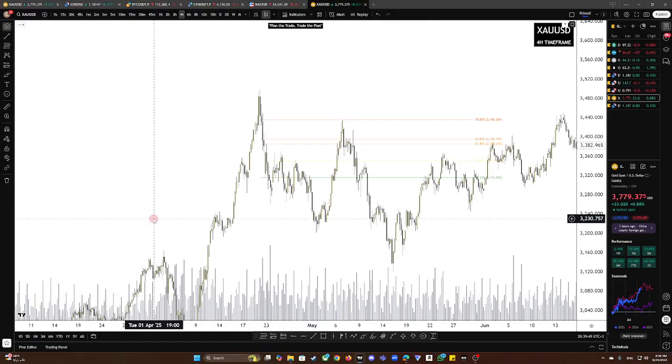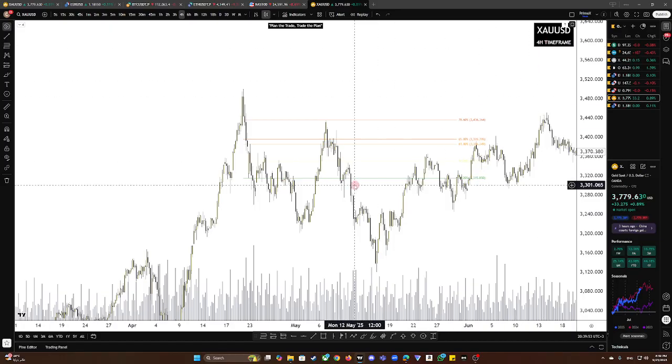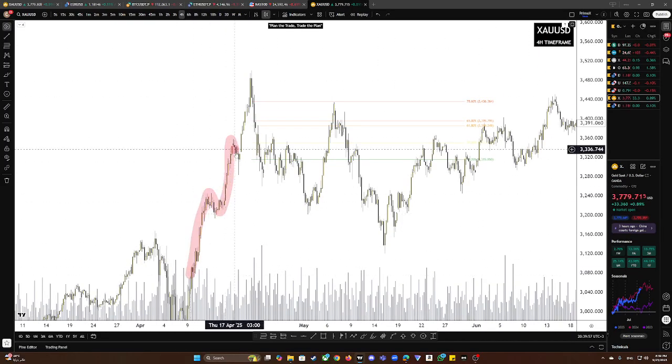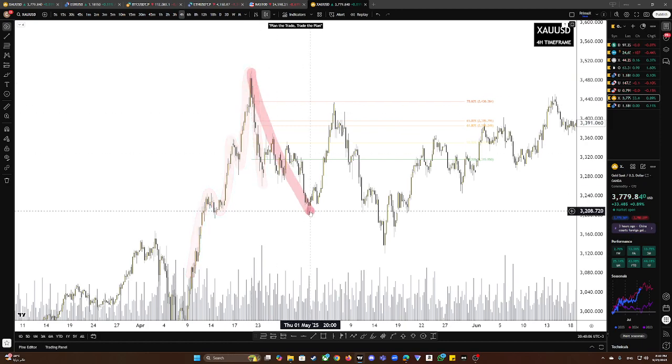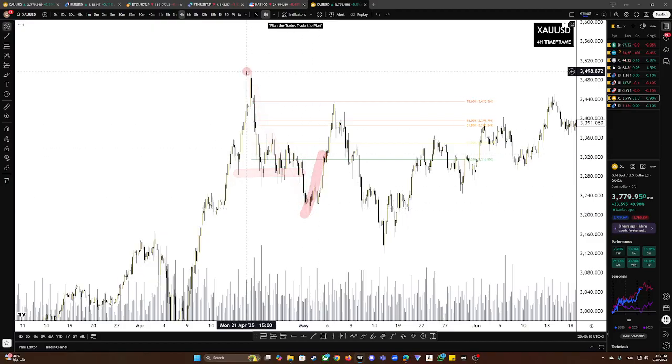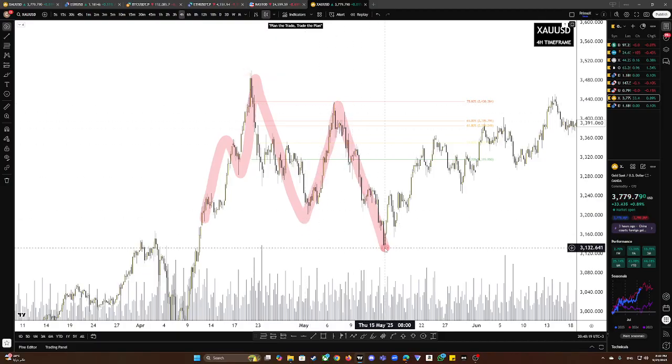So here is a very nice example on the gold chart, on the 4-hour chart. You can see that price was in a bullish trend, and then price decided to start reversing the trend, and it reversed very aggressively to the downside. And then after it broke here, expectation was telling us that since it broke bearishly, price is likely going to make a retracement to the upside and then fall even more